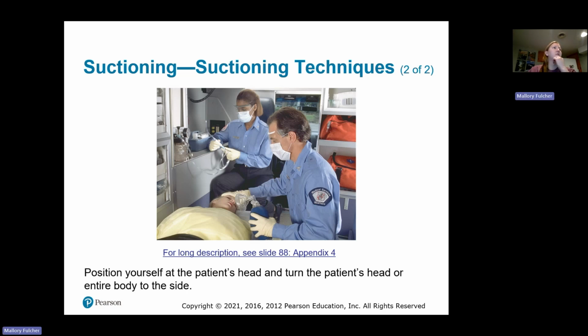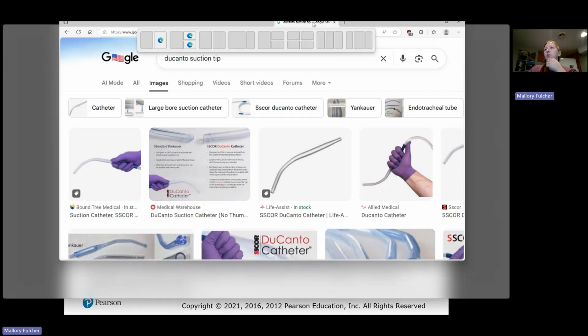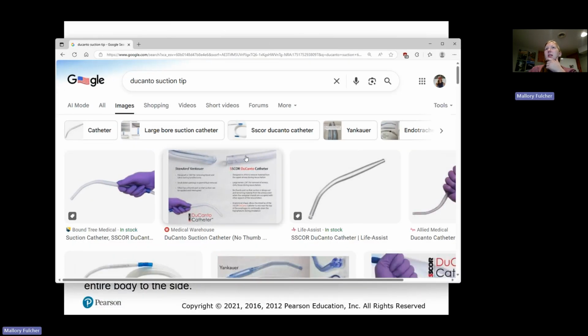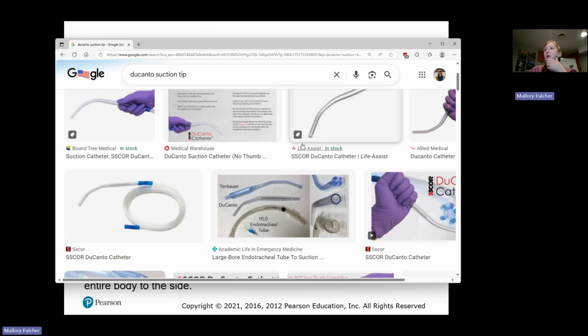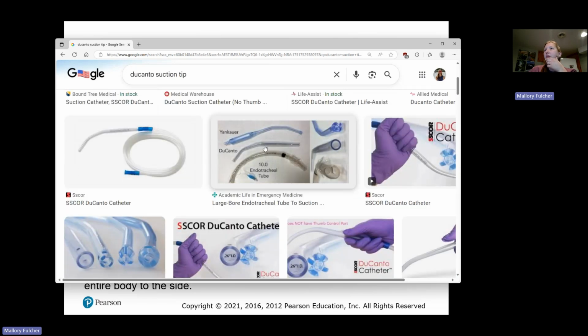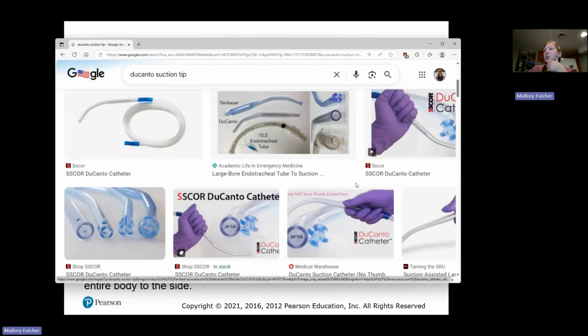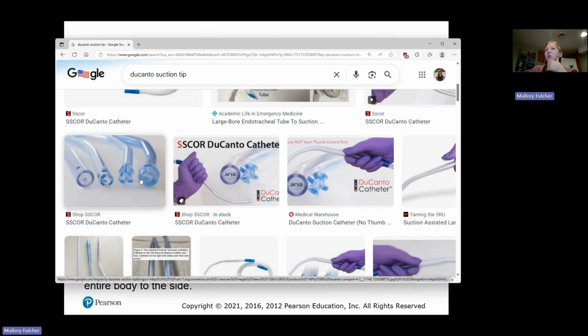Just pulling up a picture of this here. This is the other one. It's a slightly different tip shape. So you can see the Yankauer here, decanter here. The bore on it is bigger, and it does suction continuously, whereas the Yankauer, so you can see the difference